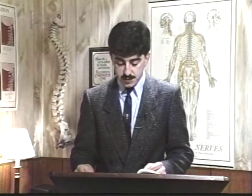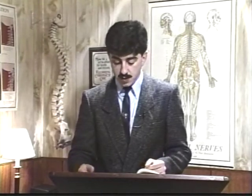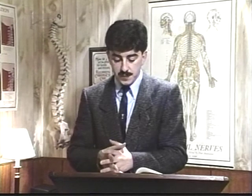The vertebral subluxation, in all its manifestations, could then be systematically described and charted. But because the vertebral subluxation is not a state per se, but the lack of a normal state, we would be as hard-pressed as our medical colleagues who are concerned with disease to describe the vertebral subluxation, which in the same way is not something, but is the lack of normal function. So we'll never be able to say we've finally proven to the world that the vertebral subluxation is this or it's